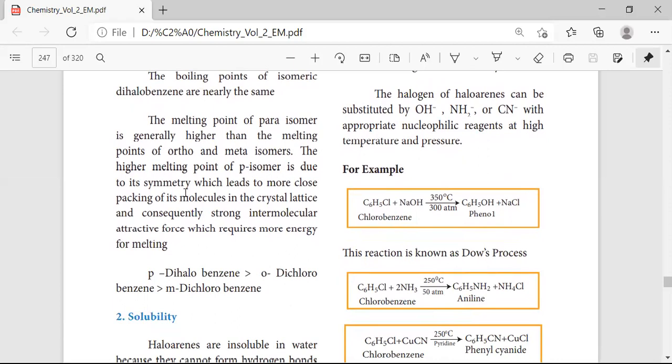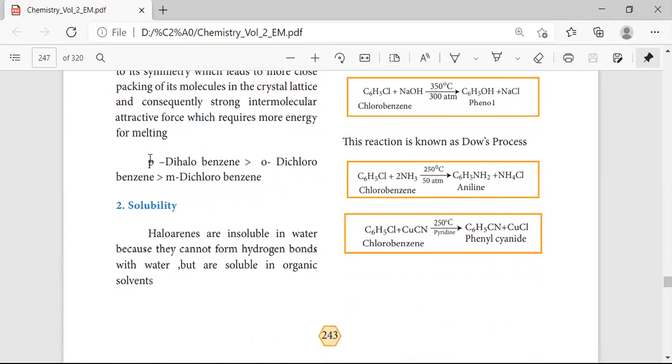depends on the isomer that is attached. So this is because of the symmetry. Here the symmetry will lead to the close packing of a molecule in a crystal lattice. Right? So that leads to give a strong attractive force. So it requires more energy for the breaking of a compound so that the melting will be slower. Right? Here the example para dihalobenzene is more when compared with orthodichlorobenzene, which is more when compared with the